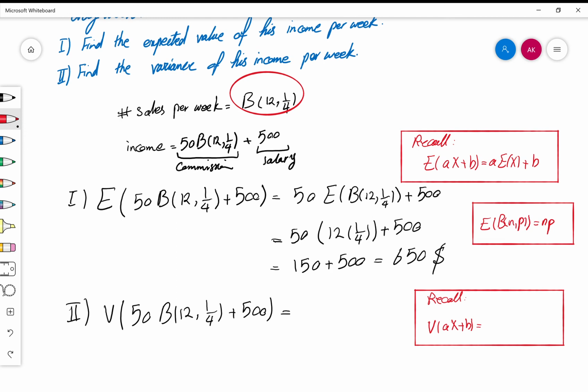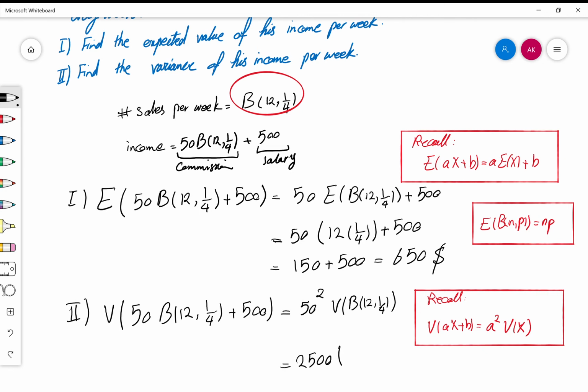If you add a constant, it's not going to change the variance, but the constant multiple will come out, not itself, but the square of that. So it kills b, but the constant comes out squared. So here it will have 50 squared times V of B(12, 1/4),